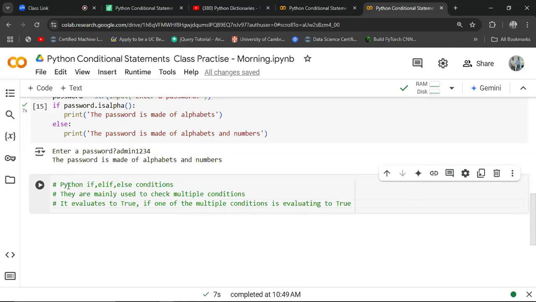So if one of these multiple conditions is evaluating to true, then it will evaluate to actually that condition,